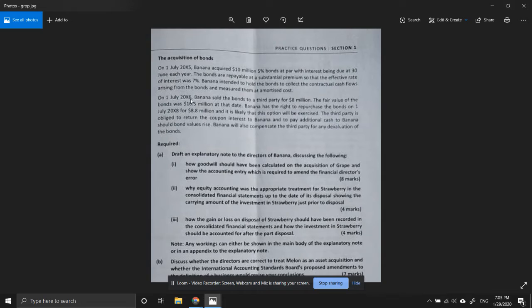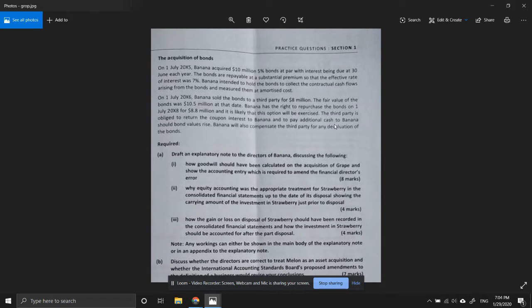So on July 20x6, Banana sold the bonds to a third party for 8 million. The fair value of the bond was 10.5 million at that date. Banana has the right to repurchase the bonds on 1st July 20x8 for 8.8 million and it is likely that this option will be exercised. Okay, so after 2 years it can purchase it, okay? The party is obliged to return the coupon interest to Banana. Okay, so that means its coupon interest is also obliged